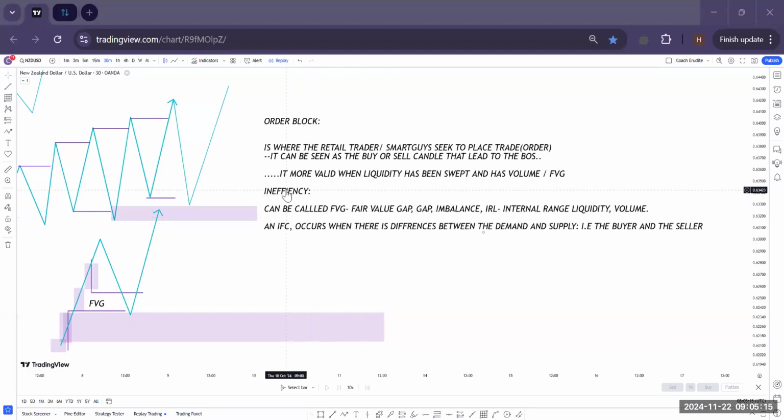So, and I said volume. Again, let me come again for record purpose. Order block, once you come to your charts, identify